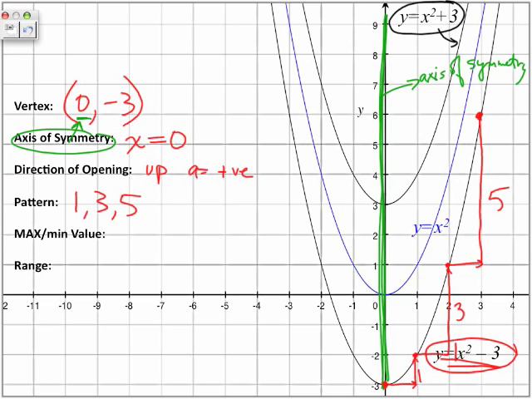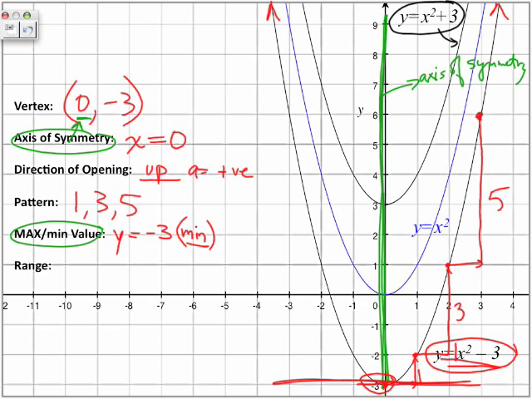Now, do we have a maximum or minimum value? Well, this parabola goes on forever, so the lowest point that we can extract from this information, which happens to be the lowest point, is down here. It's at y is equal to -3. Here we have a minimum value, because if a parabola opens up, we will always have a minimum value. And notice this minimum value can be extracted by taking the y value